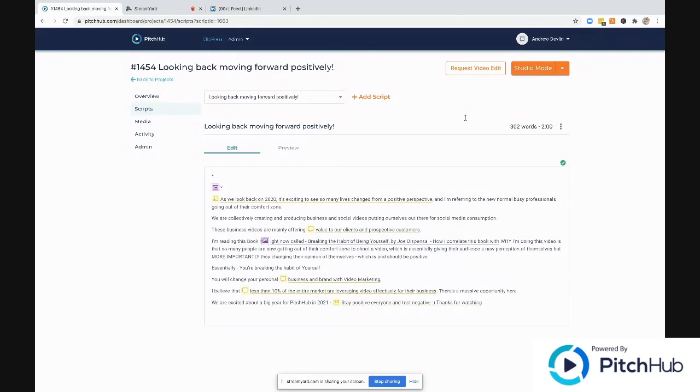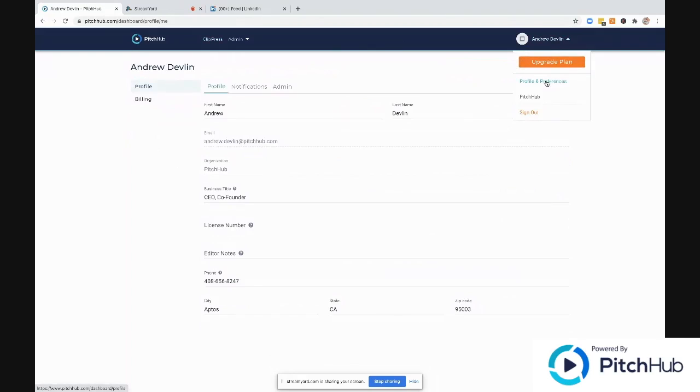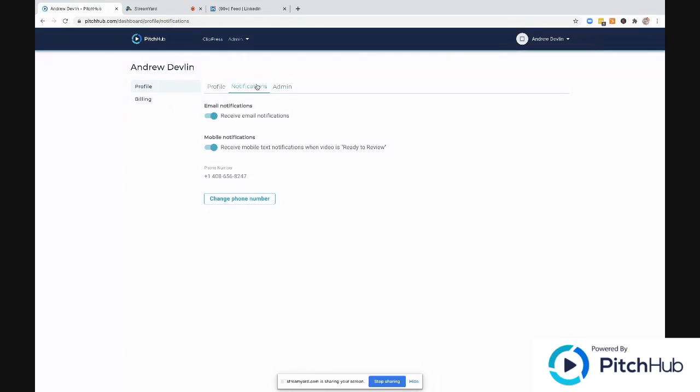When you're in PitchHub, you'll see your name up on the right-hand corner. You want to go to your profiles and preferences, and you go to notifications. This is important because you want to know when your videos are ready and just want to be notified, right? On when your content's ready for you to download and push it out on social media, or put it out on your emails or on your websites. It's pretty easy, right? So you want to click over if you want to be notified by email and or